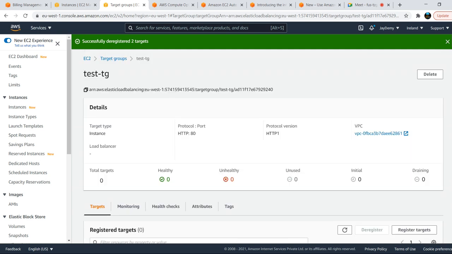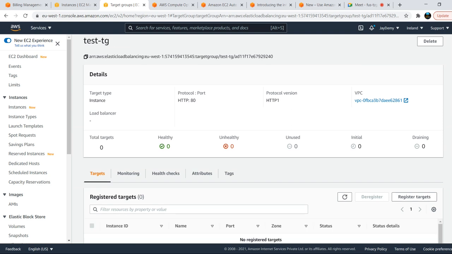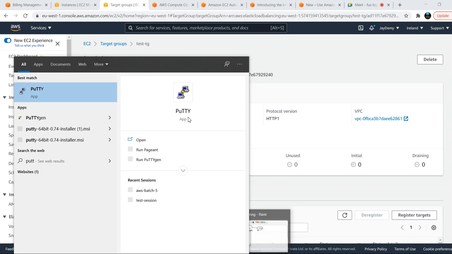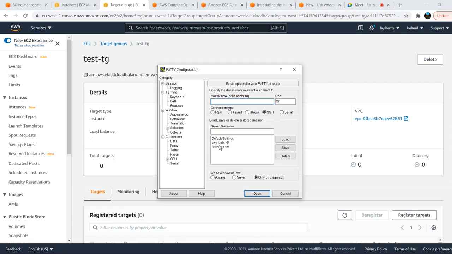I'll go to my EC2 machine, install the application, and then add the EC2 machines here. Then we will verify whether my application is working perfectly or not on my EC2 machines.